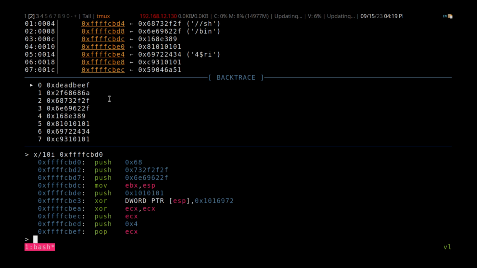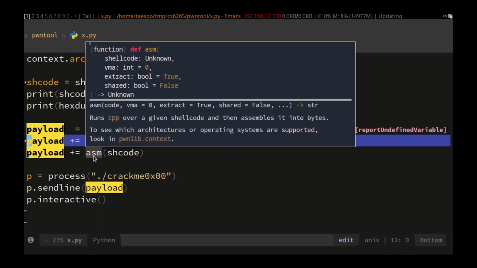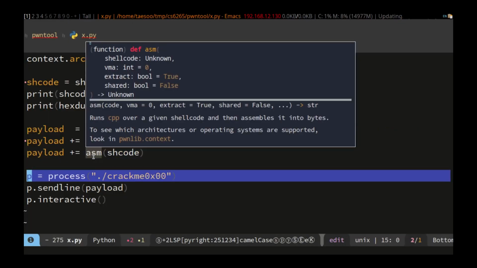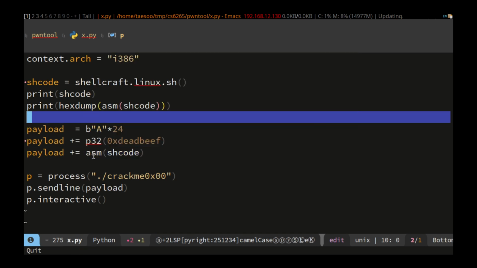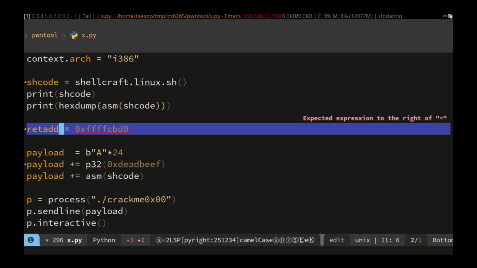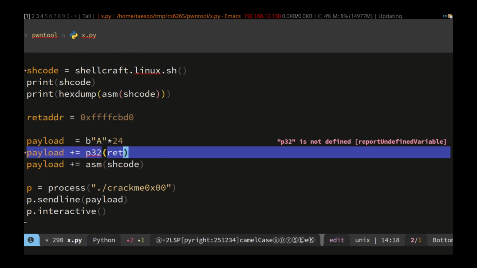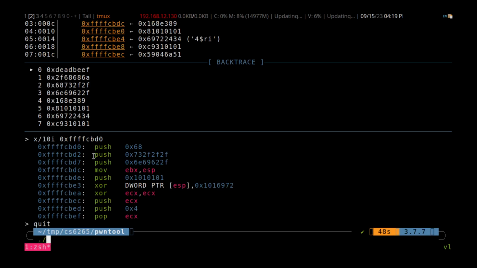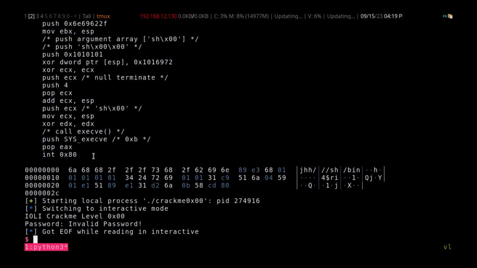What should we do? We know the location of the shellcode. Just copy this. Say return address. Okay. We fill the buffer. We change the return address to this location of the shellcode. We injected the shellcode that we got directly from shellcraft. Okay, let's try running this one. Okay,